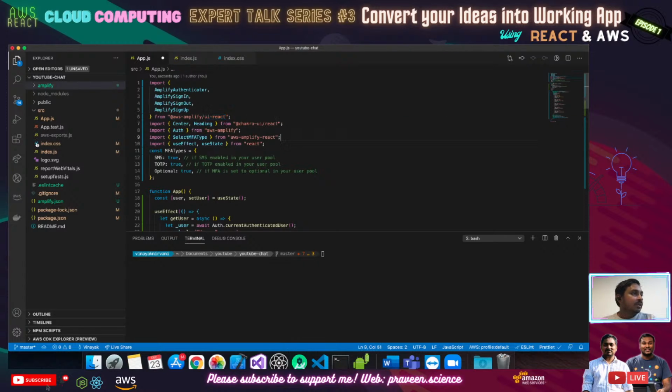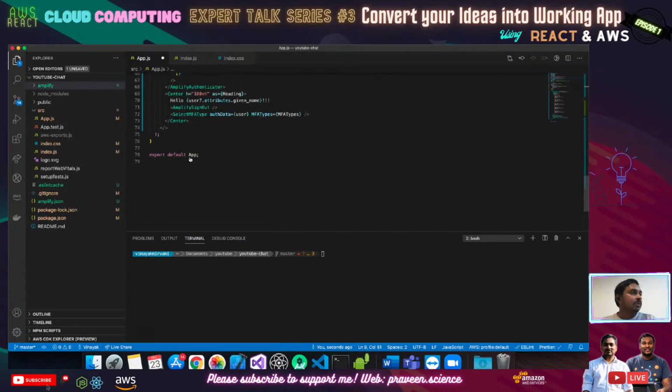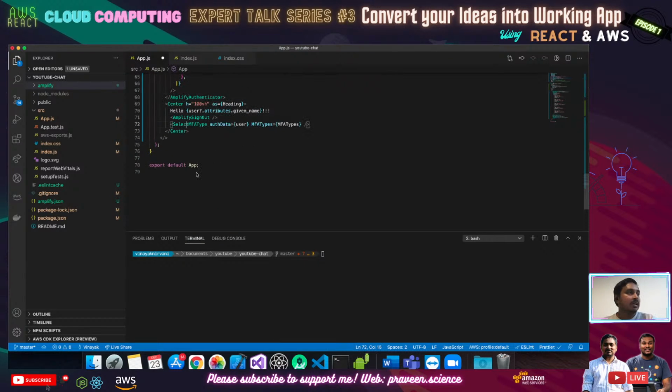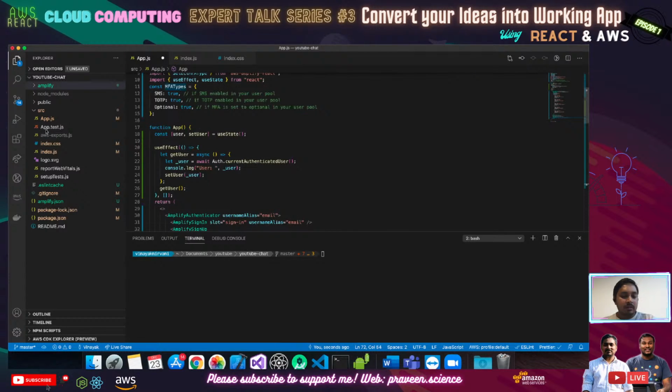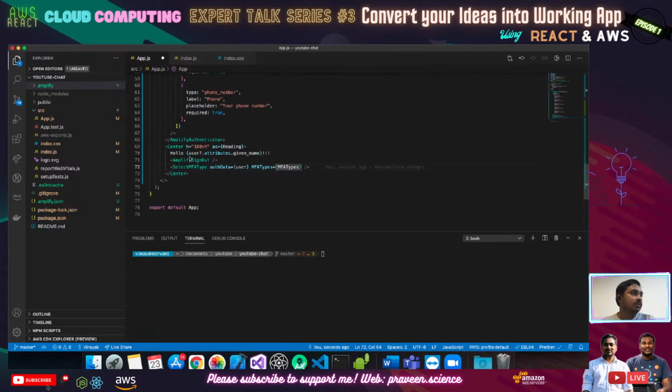So in here, I'm just creating this component, which gives me the ability to set the MFA type for the logged-in user. Now that this has to be for the user, I'm just keeping it in here so that it is available only when the user has logged in, and it takes